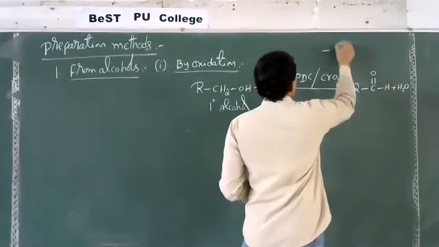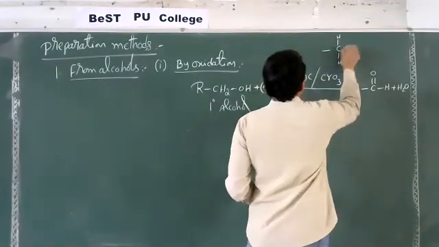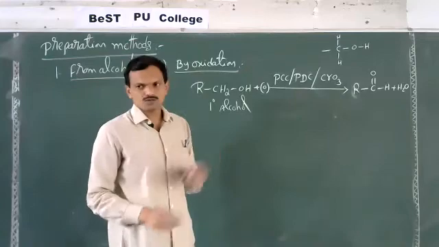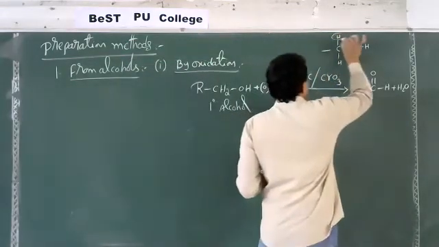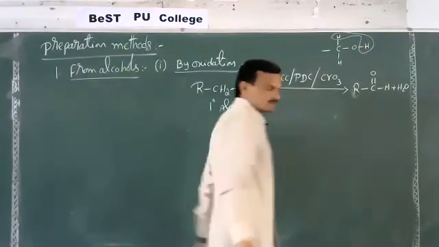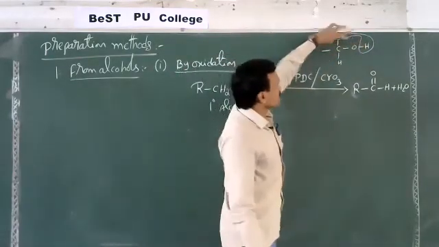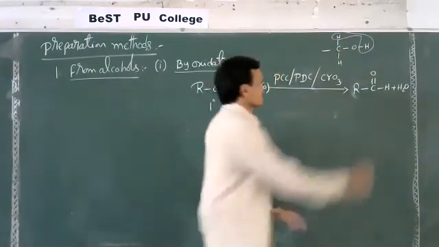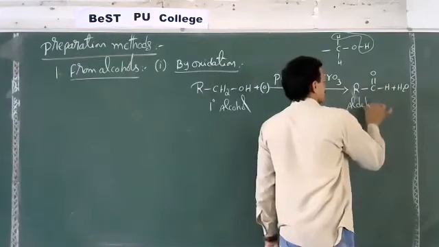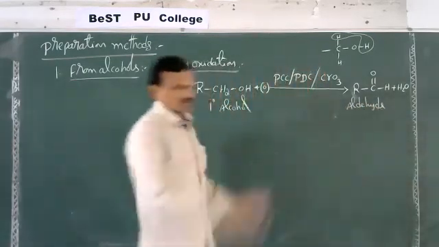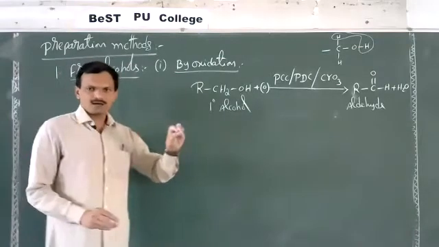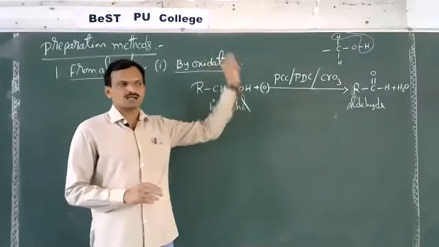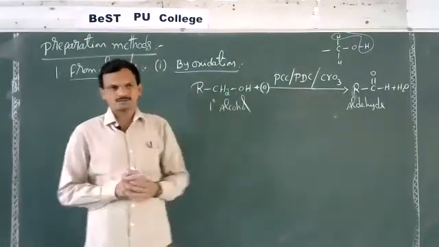Simply, actually this is the structure of CH2OH. Now here elimination of hydrogen takes place like this. On elimination of these two hydrogens, here you can get a pi bond, meaning C double bond O, meaning CHO. This is nothing but aldehyde. Overall, primary alcohols on oxidation with mild oxidizing agents like PCC or PDC or chromium oxide give aldehydes.